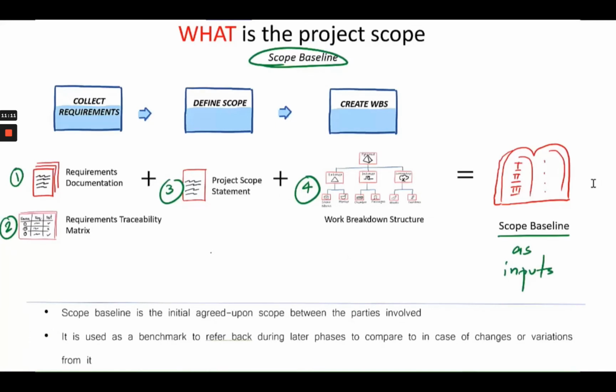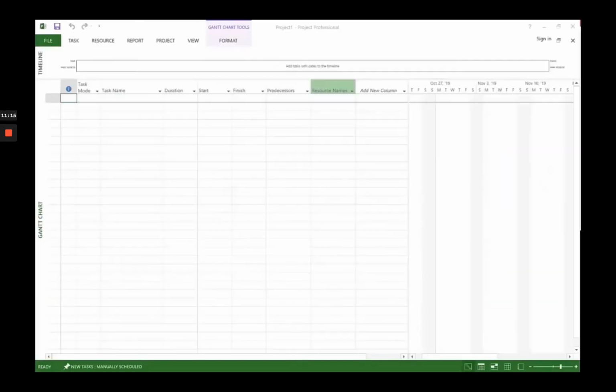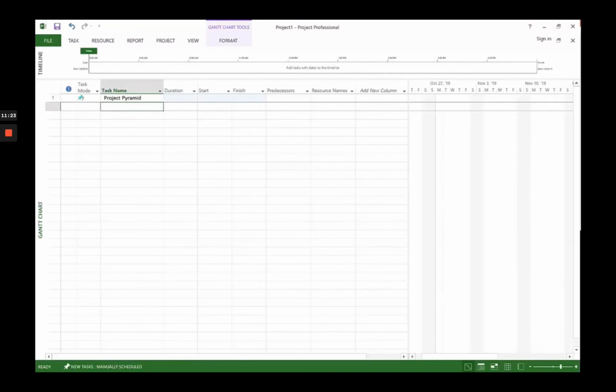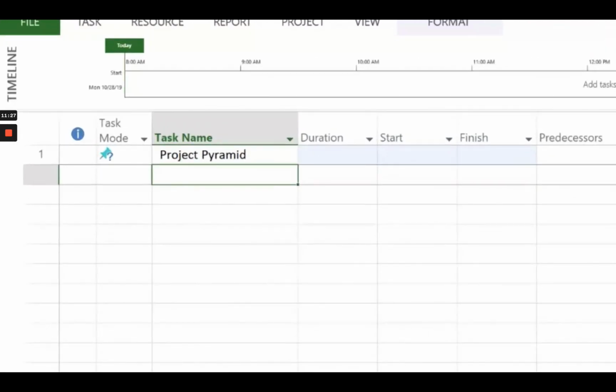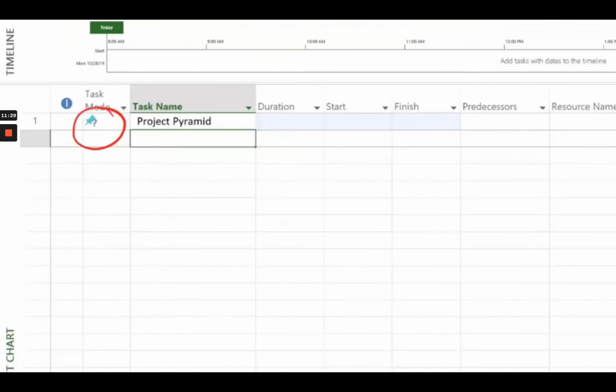What we will now do is, using the WBS, we will start entering the data in the Microsoft Project application. The first thing that you would enter, in the first line, is the name of the project itself. Since we're calling it the project pyramid, that's what we enter here. And as soon as you do that, you will notice an icon appear right before the task name in the